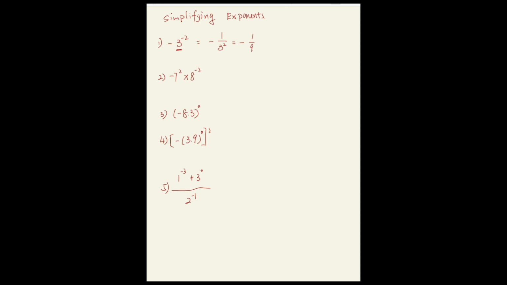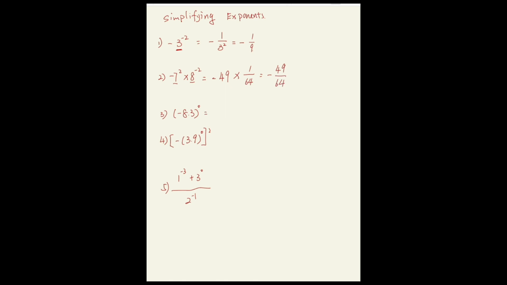1/9. Okay, and the next one is negative 7 squared times 8 to the power of negative 2. For the first part, 7 has a positive exponent, so we just write it as negative 49, and times the second part, 8 to the power of negative 2. We need to move it to the bottom of the fraction, and 8 squared is 64. Then we can put them together, it is negative